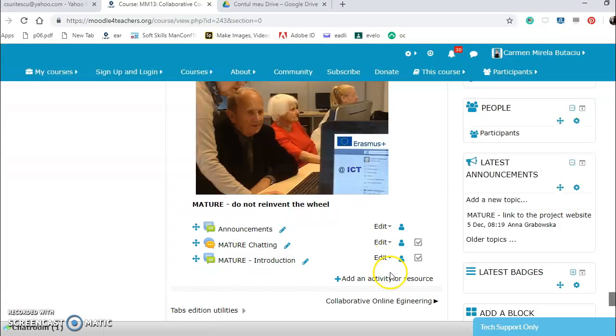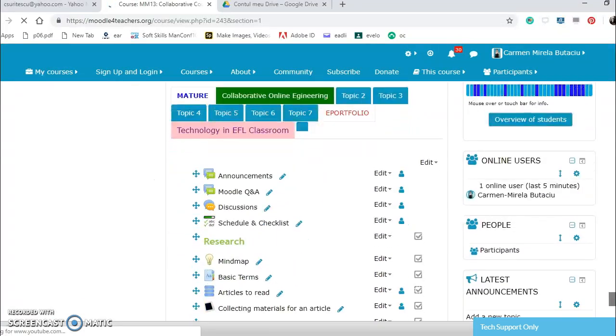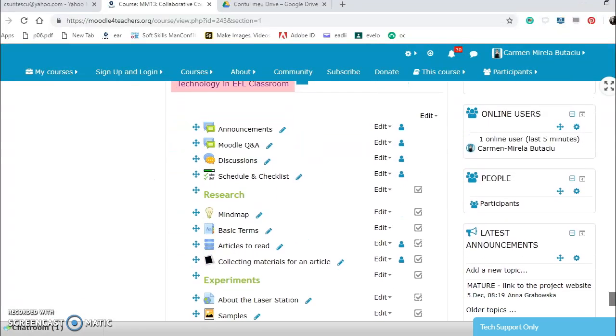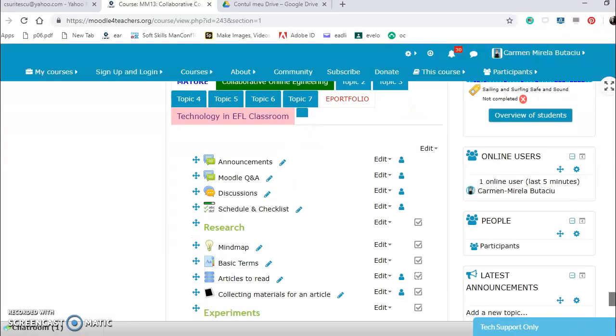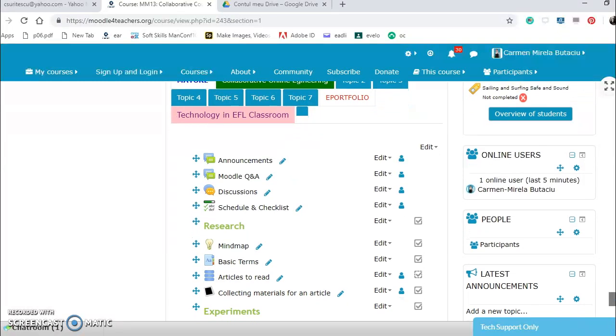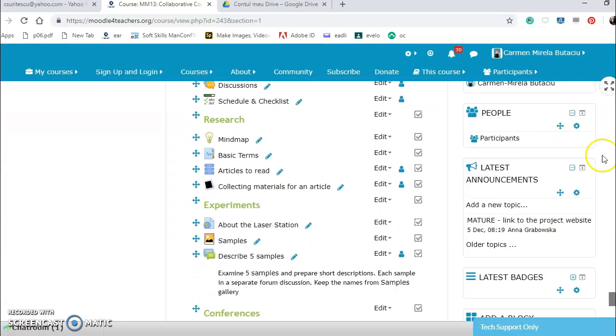Announcements, chatting, introductions. I will not open all of it. Then article, that's collaborative online engineering, I suppose, yeah, which is green. Announcements, questions and answers, discussions, schedule and checklist, research, with a variety.